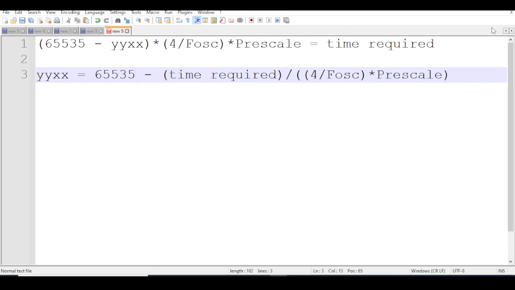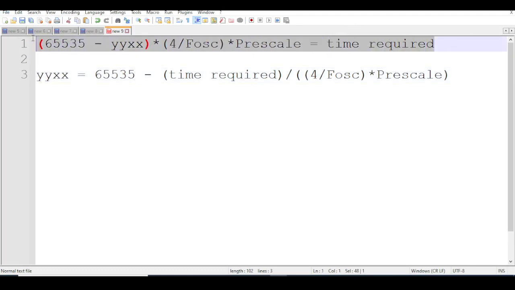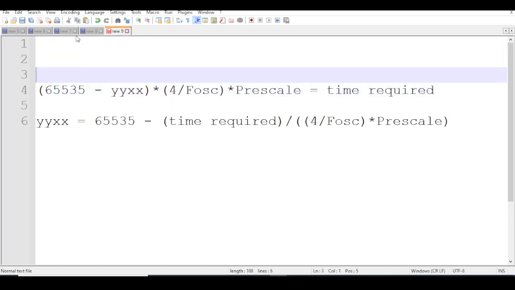Great. So this is the formula you need to concern yourself with. Essentially, what you need to know about timers is this: the timer is 4 times slower than the PIC. So what does that mean? It means each timer count is going to be... before I talk about the timer count, let's look at